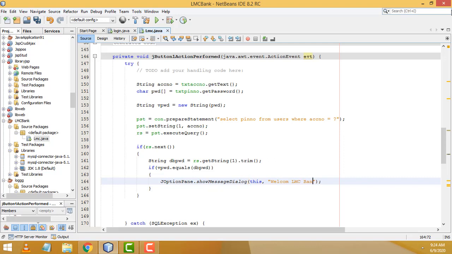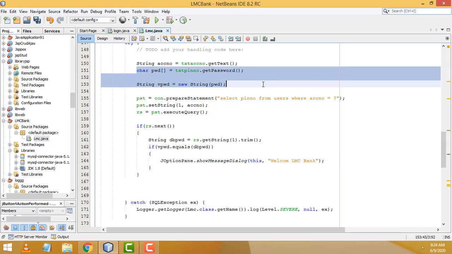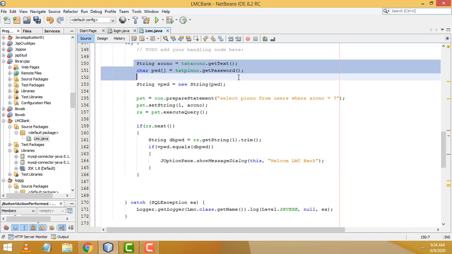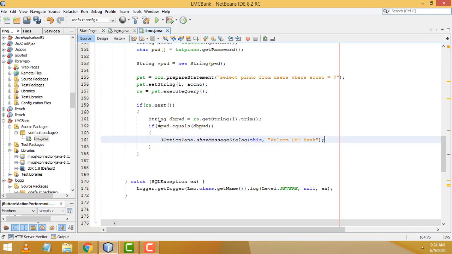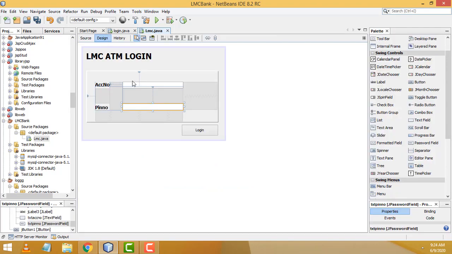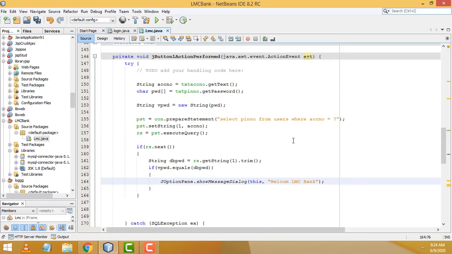You can give any name for the bank name, right? This is a professional way to do the password login part in this one, right? It's a very professional one. You can use this as an ATM machine login system, and for banking security you can use it like this. It's very essential stuff, right?